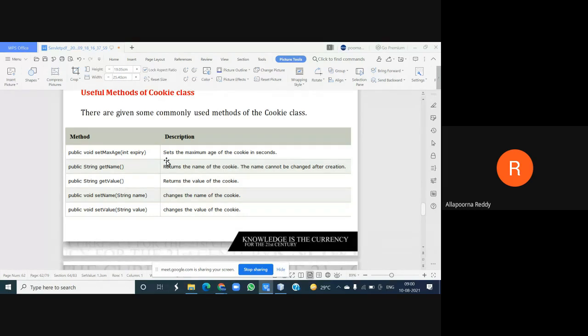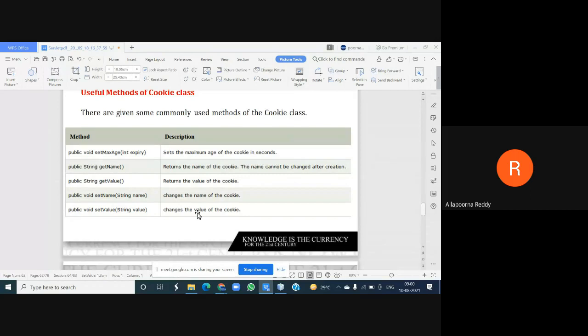That is what I mentioned in my second point: getName returns the name of the cookie. The name cannot be changed after creation, but I can change it before my session starts by using the method public void setName.